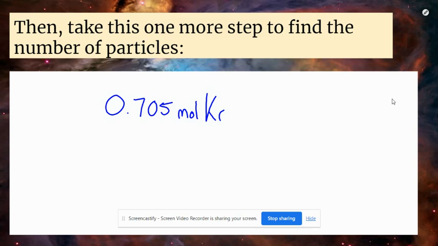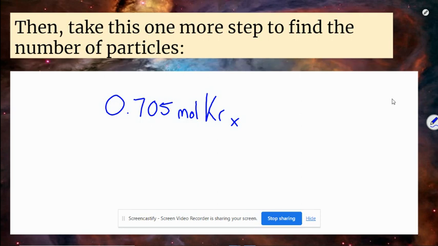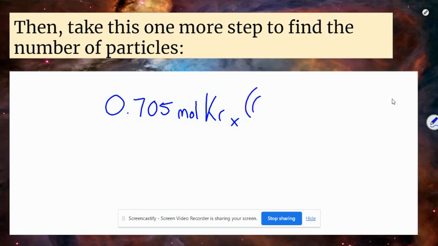All right, now we're going to go from moles of krypton to particles of krypton, which happen to be atoms of krypton. And so I'm going to do 7.05 moles of krypton times, and I'm going to use Avogadro's number, the number that's in 1 mole of anything that we talked about at the beginning of the slideshow. 6.02 times 10 to the 23rd. And the particles that we're going to use are atoms because krypton is individual atoms